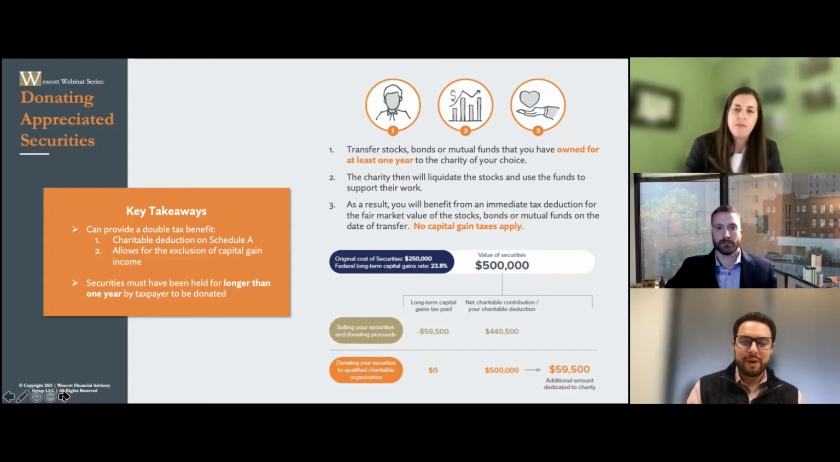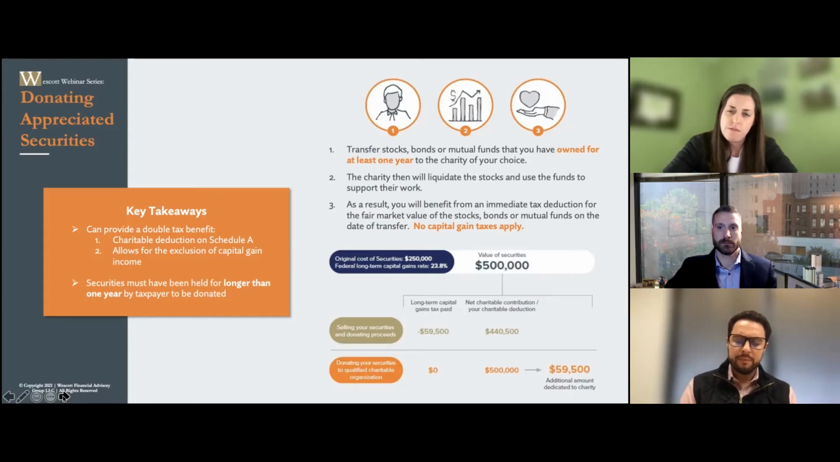So is the takeaway here that it's usually more beneficial to give appreciated securities rather than giving cash? Exactly. If you gift the $500,000 security directly to the charity, it liquidates the stock and has that full approximately $500,000 to support their work instead of only $440,000. So you receive the immediate tax deduction for the full $500,000, and you don't pay capital gains taxes. So both you and the charity benefit. Thank you, Susan. That's very helpful. What is another tax smart way to